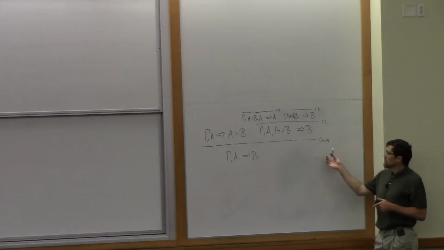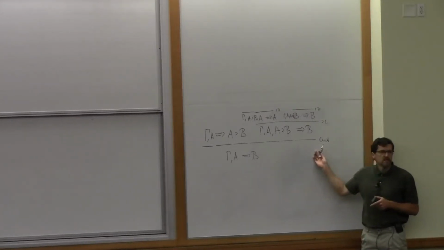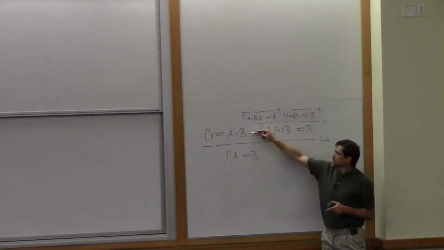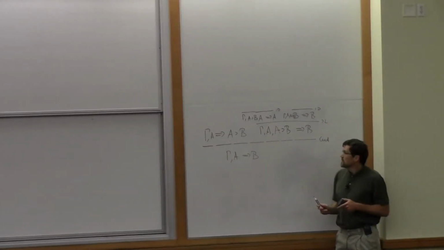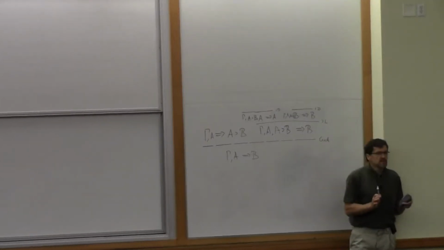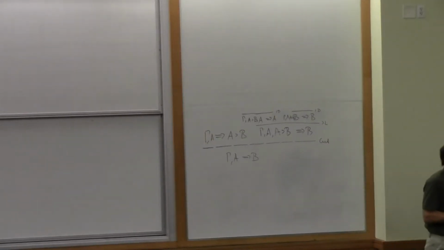You see how powerful the principle of cut is. It's very simple to prove that from A implies B, you can get to Gamma, comma A arrow B. And you don't need any induction or anything like that. You just give the little proof of it. So for all the inversion principles that we're writing down over there, it's always the same thing. We always use cut directly in order to show that the rules are invertible.